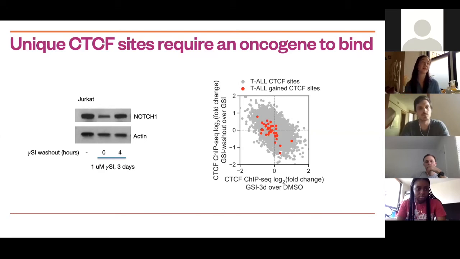And we also found that the binding of these CTCF sites is dependent on an oncogene, or a so-called bad gene in cancer. So if we inhibit this gene in T cells using a drug called gamma secretase,